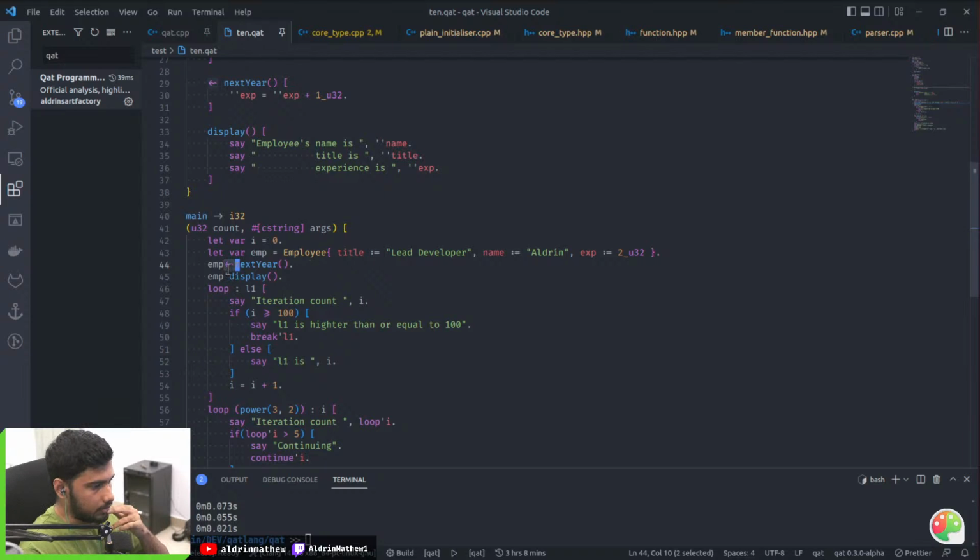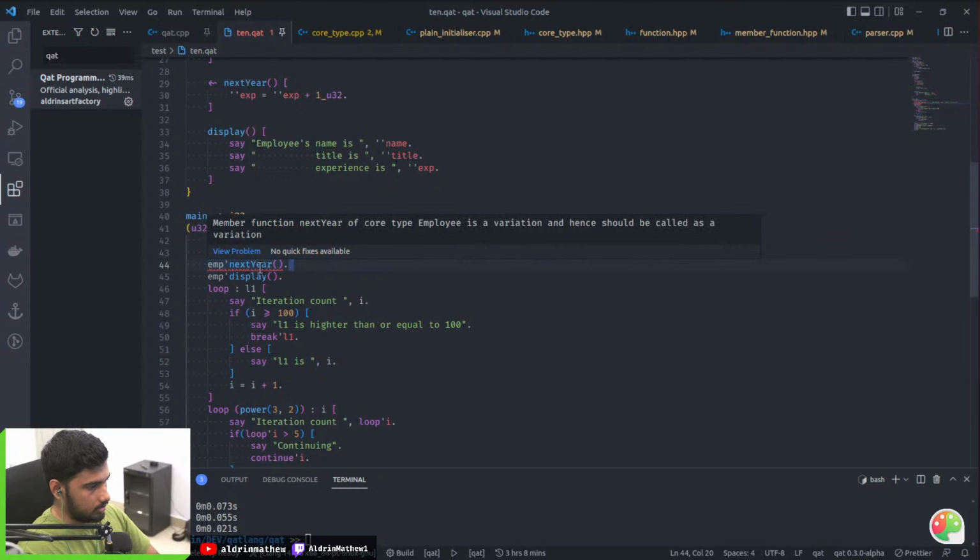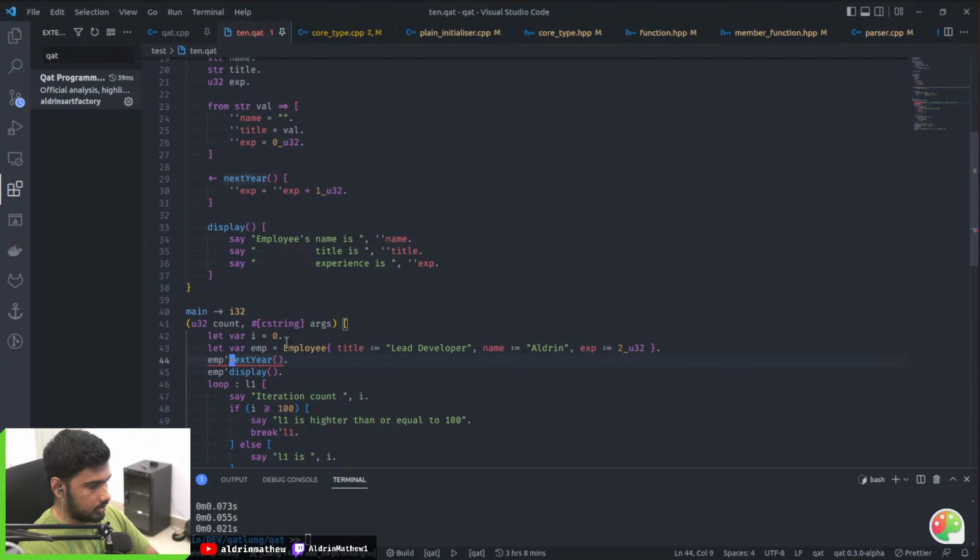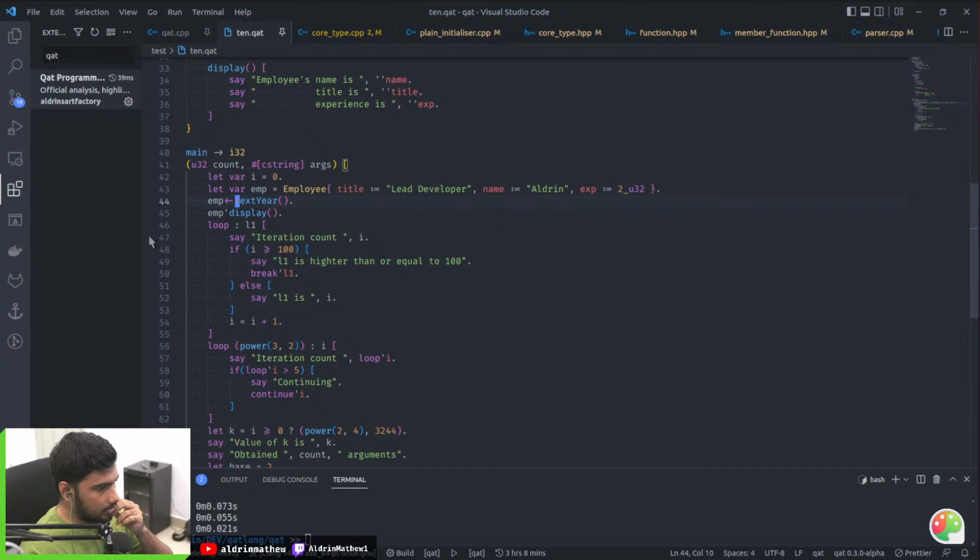Whenever you use this symbol, you know that the value before that is being changed. And if I change this to a normal member function call, see, member function next of type employee is a variation and hence should be called as a variation.